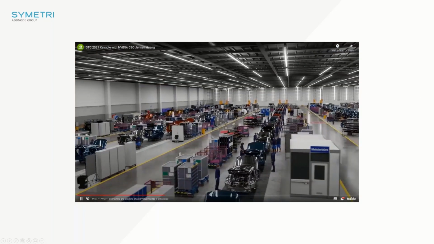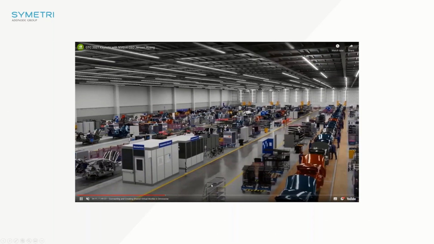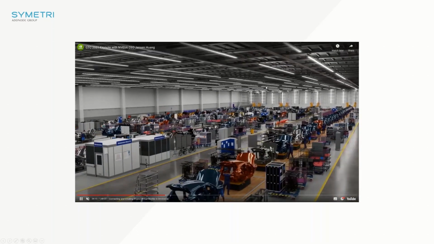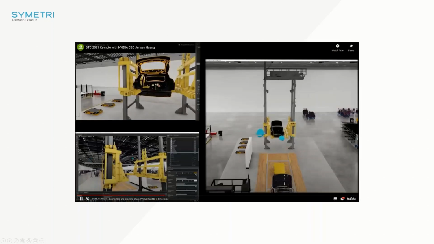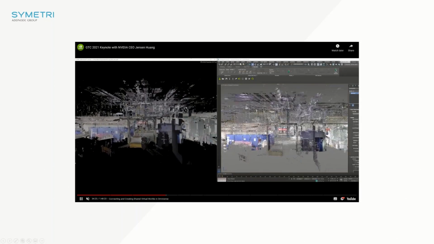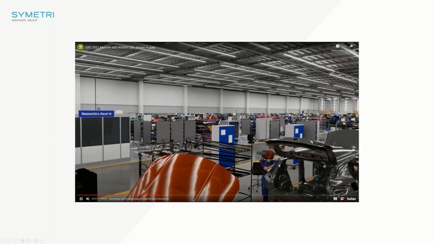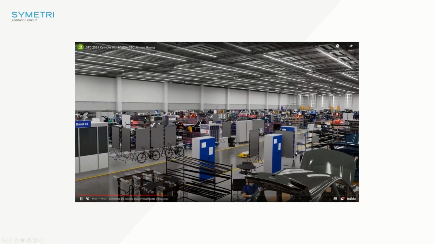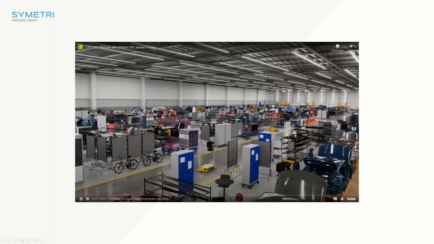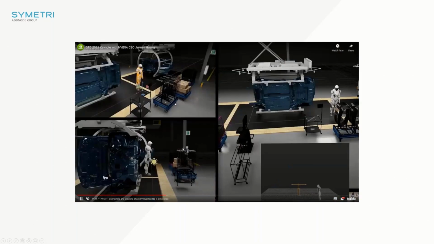So apologies, I haven't added sound here because I think it pretty much speaks for itself. And you'll realize the number of touch points that have been interacted in here. So it could be game engines, as you can see here. It could be a little bit of point cloud data and scan data, 3D assets, robots, avatars, which, as you'll see in a moment, these aren't just little mannequins.